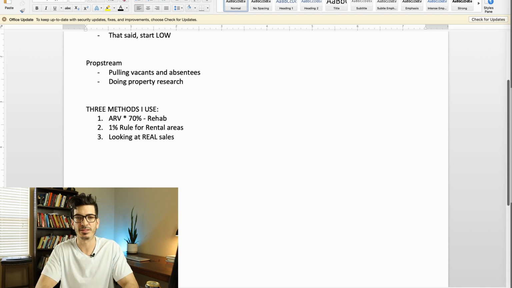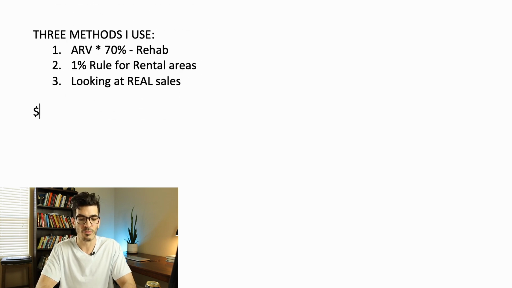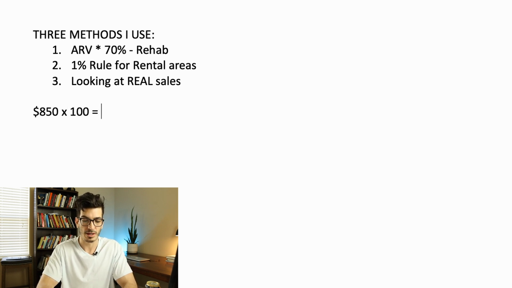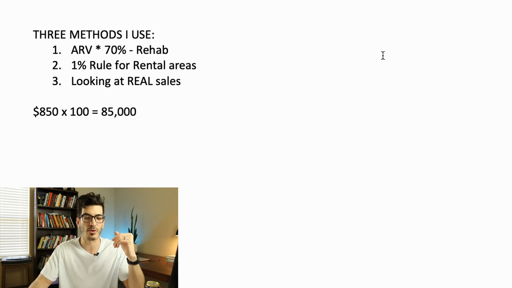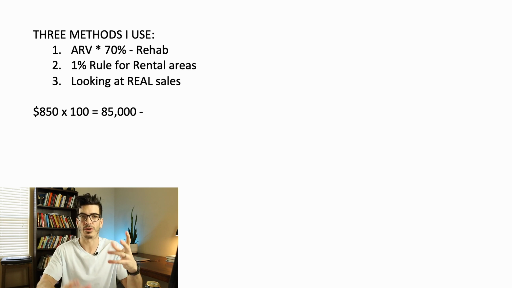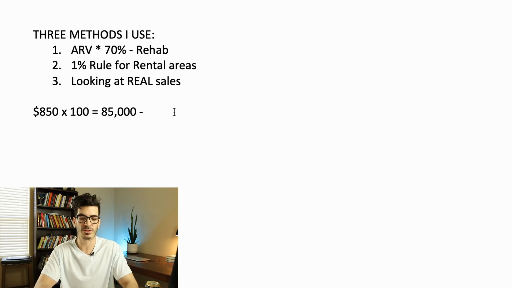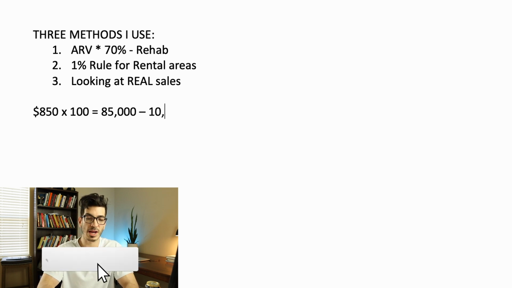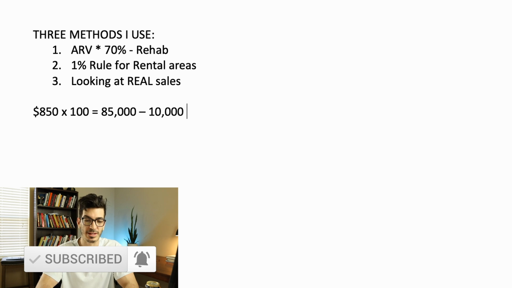An example of that is, say you have a property that rents for $850. If you times that by 100, it's going to be $85,000, and that would be your starting point. What I like to do is take out some of the rehab for things to be rental ready. So if a property rents for $850, I've got $85,000, and if I see the pictures and think it's like a $10,000 rehab, I'll subtract some rehab out of there just for some cushion, and that's going to give us